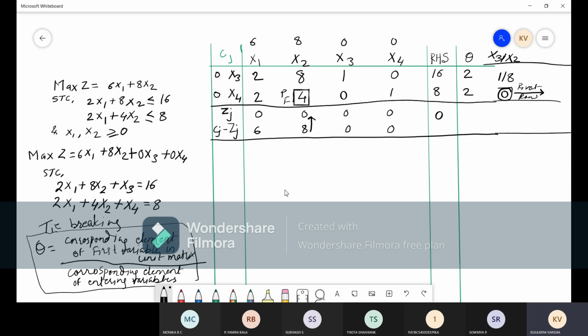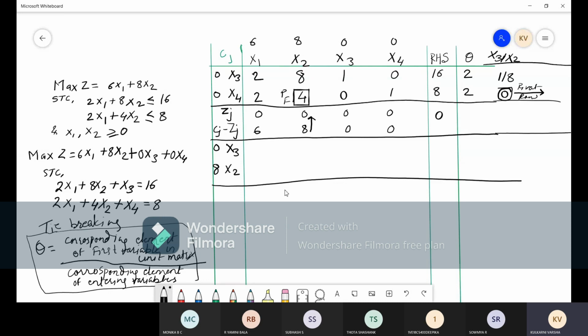So instead of X4, what do we need to write down? X2 we need to write down. So X3 we'll write first, and instead of X4, we'll write down X2, right? Now quickly finding the values of this. First we'll do it for X2. The coefficient of this is 0. The coefficient of x2 is 8. So first we'll do it for x2 because it is newly entered.